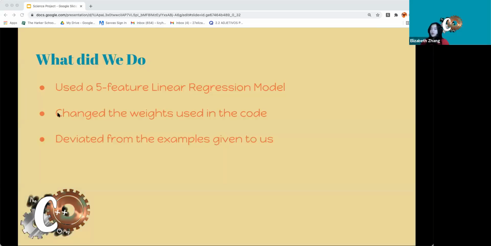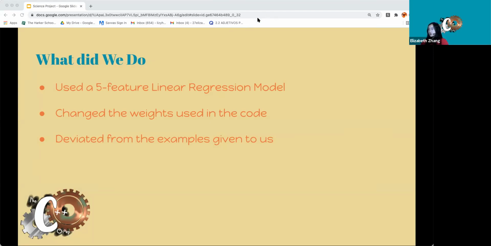As said before, the basis of our code was a 5-feature linear regression model. In our code, we used gradient descent to regenerate the optimal weights. We also tried experimenting with different ideas and strayed from the example our supervisor gave us. After a couple of weeks, we realized that we could change the initial value of the weights to get a better result. We also found an error in the error computation. And just like that, we were one step closer to achieving our goal.